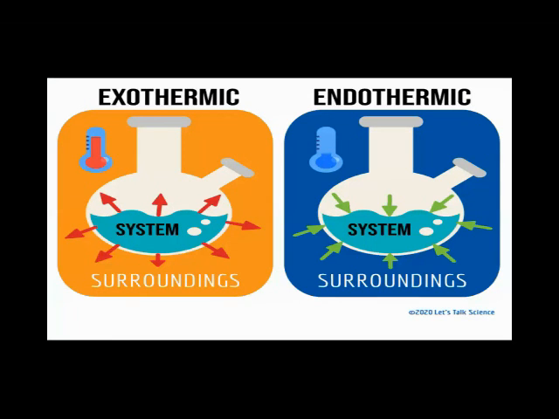Now we have exothermic and endothermic reactions explained more clearly with the help of a diagram. This is an exothermic reaction. This is a system and surrounding. The system is where the reaction takes place, and the surrounding means outside the system, outside your vessel or apparatus. In the system, reactions are taking place, and from the system to the surrounding during the exothermic reaction, heat energy is released. So that's why we feel the apparatus hot.